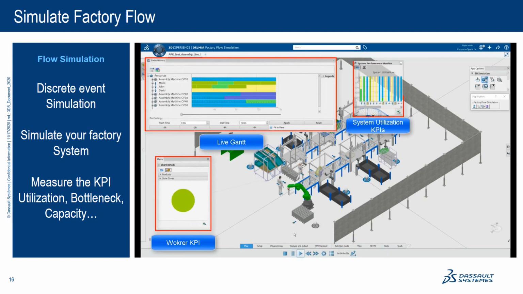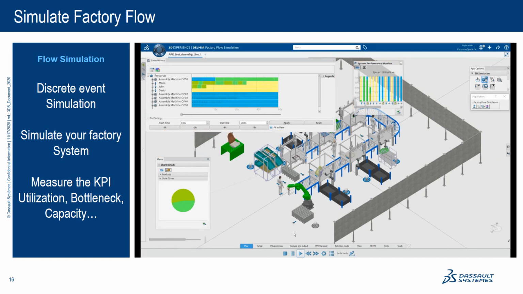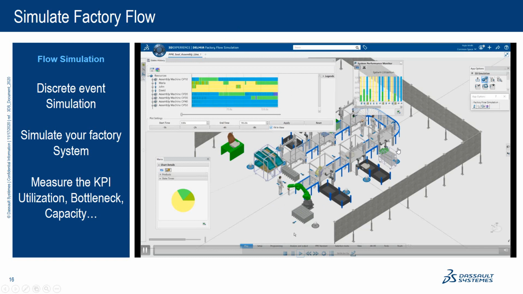Another example there is from the automotive industry, where it's a typical automotive supplier. There, the line is for the manufacturing of car seats. If we just look quickly there, you have a lot of information. For any of the resources on the shop floor, you can select it and you will have access to the KPIs associated with it. You have this pie chart there. You see that it's live, it's moving.